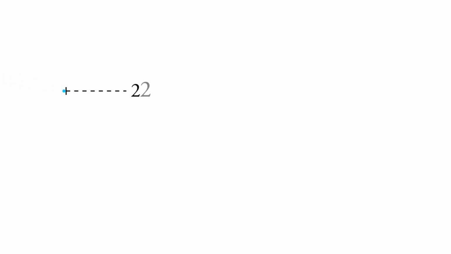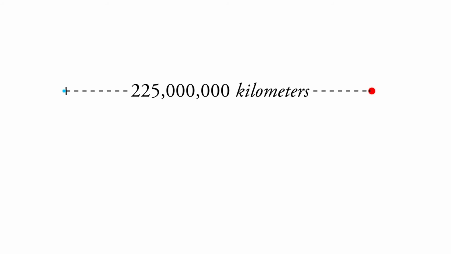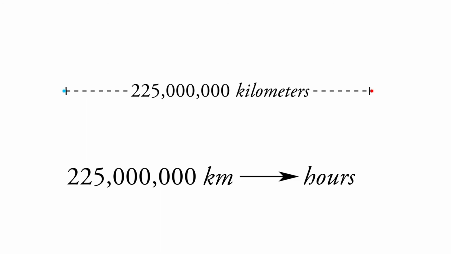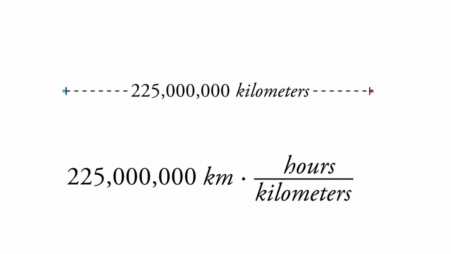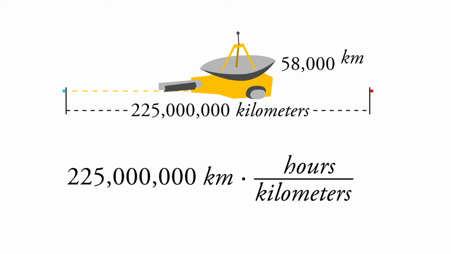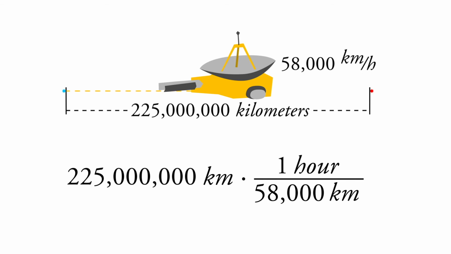All right, so back to this one. We're going to start with the 225 million, so now we're at million kilometers. And we want to change them to hours. So we'll put kilometers on the bottom and hours on the top. And we have a rate of 58,000 kilometers per hour. So it's 58,000 kilometers for every 1 hour. And we can, for now, ghost out the kilometers because they're going to cancel out. So that's going to give us some distance, but it's going to turn it to hours, just like my discussion of driving to New York.